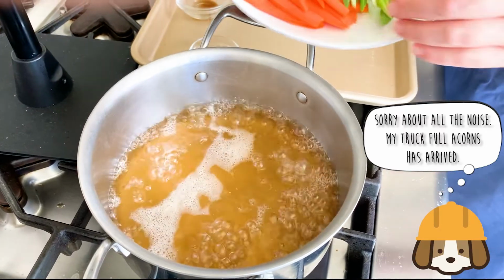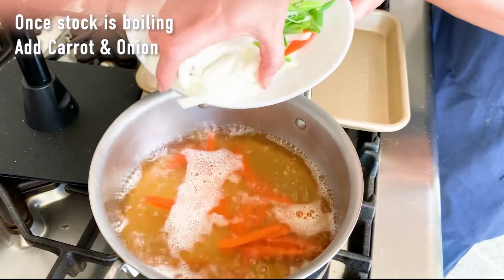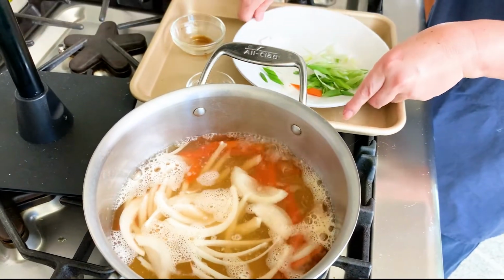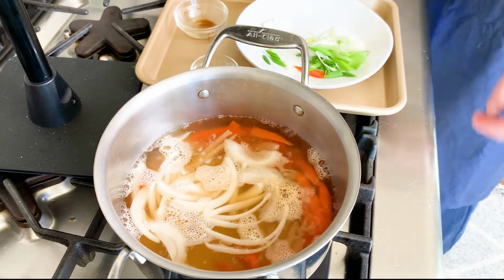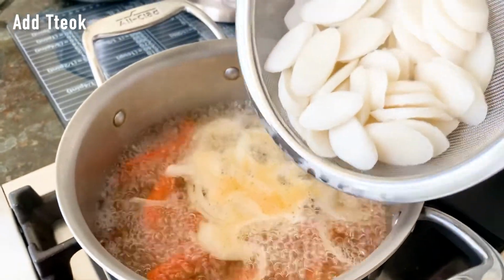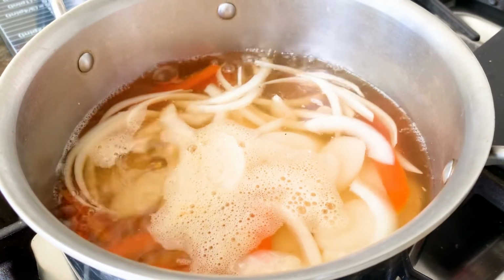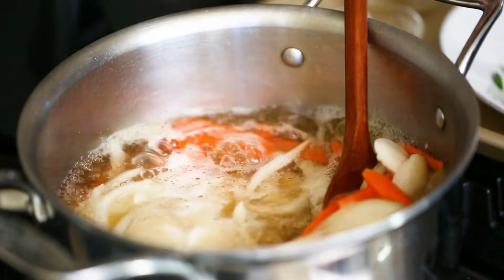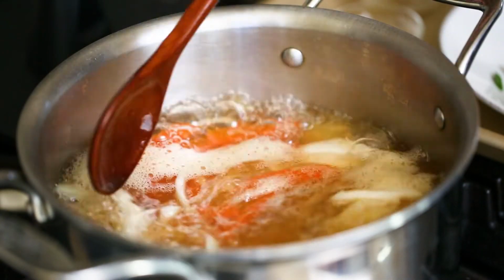Okay, so the stock is boiling, and to that we're going to add some carrots, some onions, just to give it some extra yummy vegetable flavor. The onions will make the soup a little sweet, so no need to add any sugar or anything like that. And then we will bring that to a boil, and to that we will add the duck, just like that. And then we'll wait for a few minutes for the duck to become soft and cooked. So there we go, we're almost there. The vegetables are getting cooked. It's a little soft now. Yeah, the duck is pretty